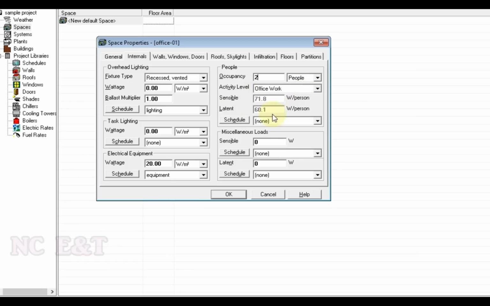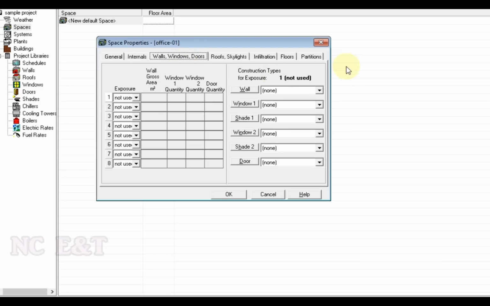Then the sensible and latent heat will be calculated by ASHRAE automatically, and we will attach the schedule which we have made for the people here. Other things will keep 0. Then we'll proceed for the wall and windows.